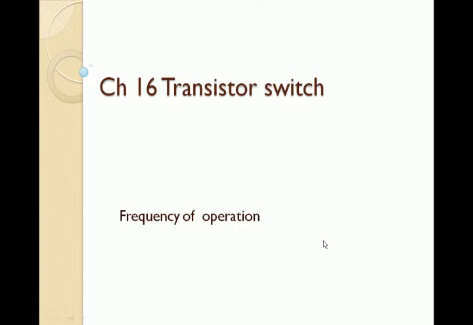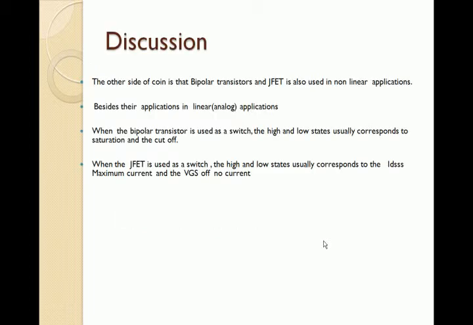Chapter 16, the transistor switch, frequency of operation. As far as BJT or FET are concerned, they also have non-linear applications besides amplification. Now, we know that a transistor can also act as a switch because it has a high and low state, which usually corresponds